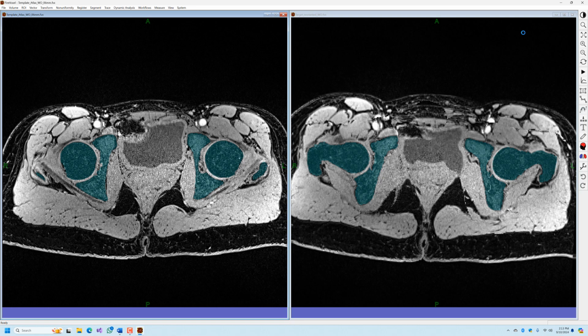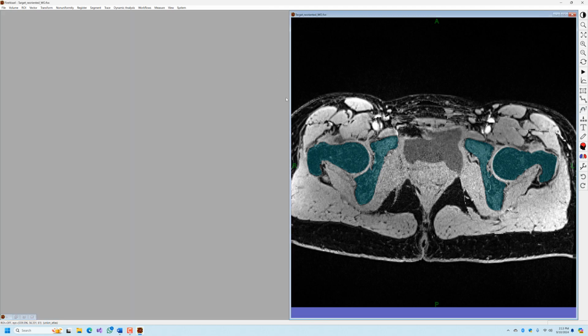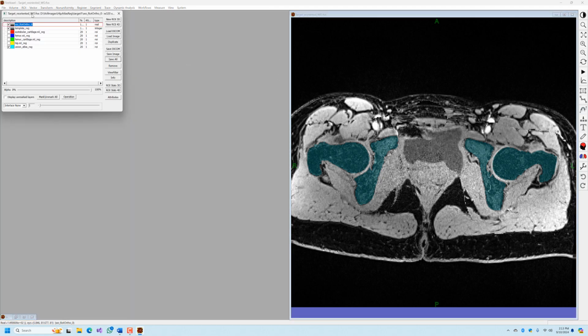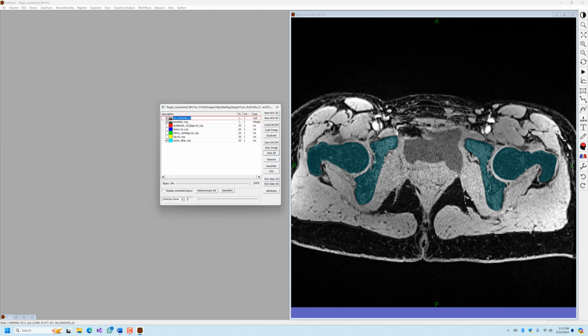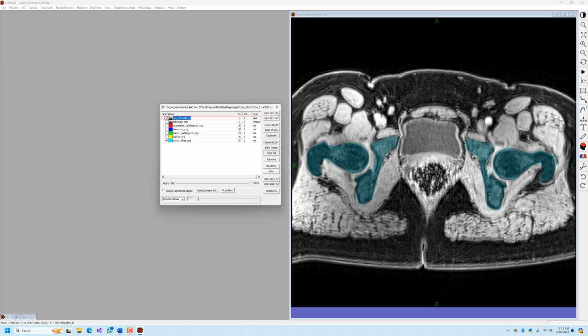All right, now registration is completed and the atlas and template were moved to the target image document. So you see that all of those 6 layers were moved on top of the image layer. We don't really need the template layer anymore, and we don't need the union layer. But other layers,